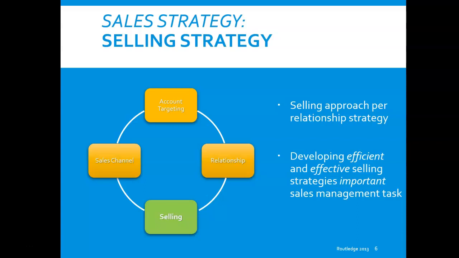With my profitable accounts, I'm going to be in front of them. I'm going to set a strategy. Every so often, I'm going to visit these accounts and see if there's anything they need. Key accounts, I am probably going to see them, be on the phone with them weekly, be on the phone maybe daily, emails definitely probably daily. So what's that relationship in terms of selling going to look like?